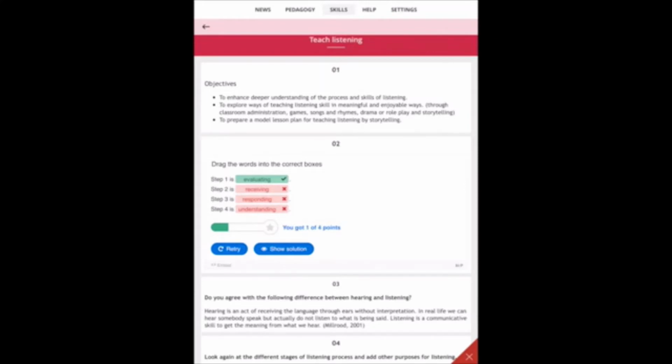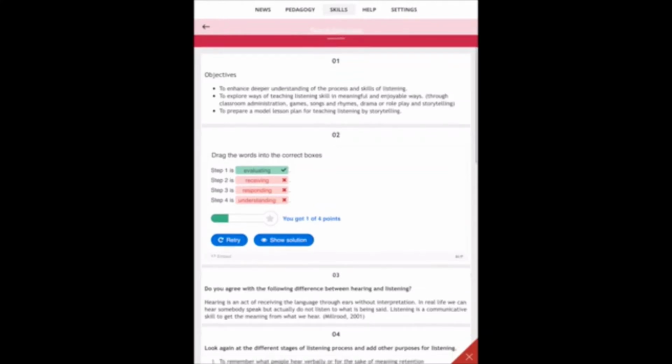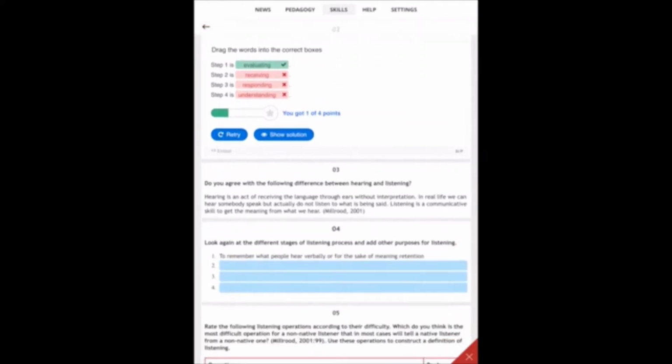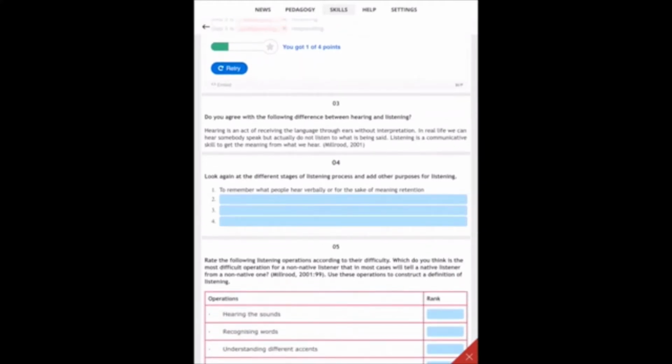Things that are similar to this would be multiple choices, and to a certain extent fill in the blanks or close passages that we can use. Box number 3 again is just a text display of information. But when it comes to box number 4, this is where it's a bit of an issue in terms of me creating interaction. Now there is no such interactivity